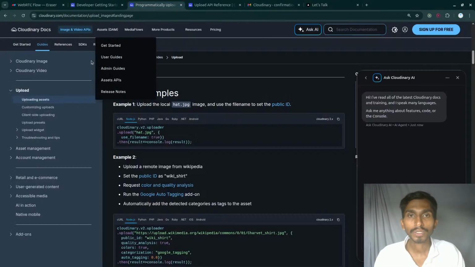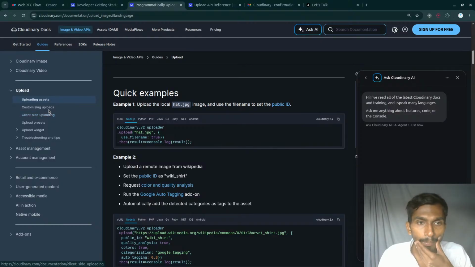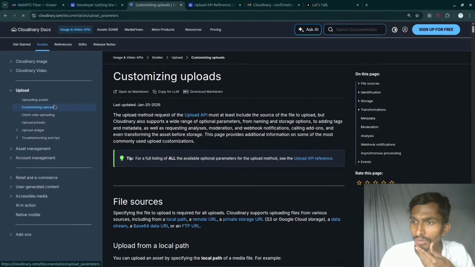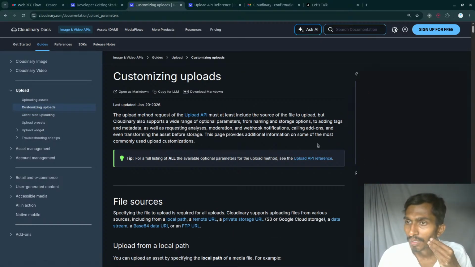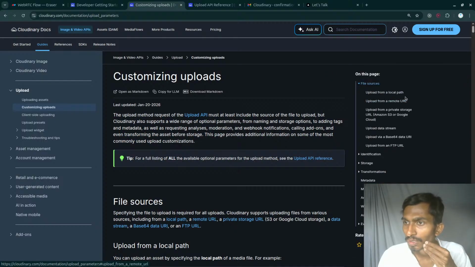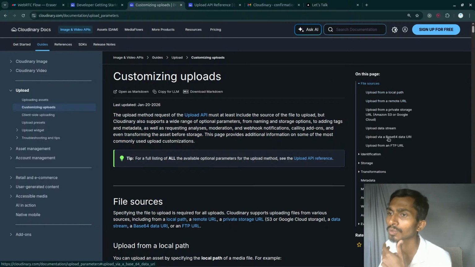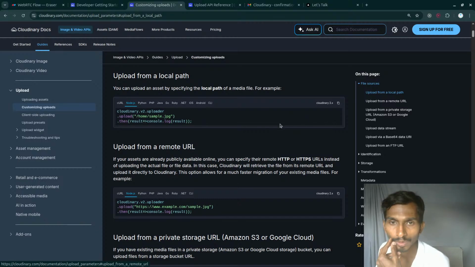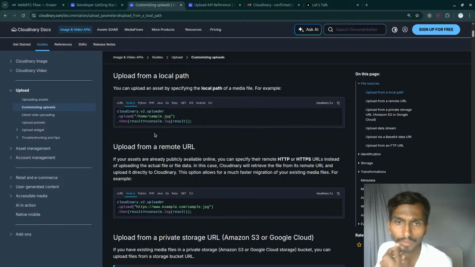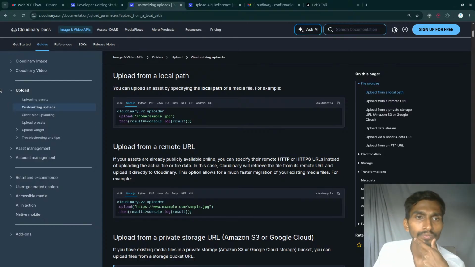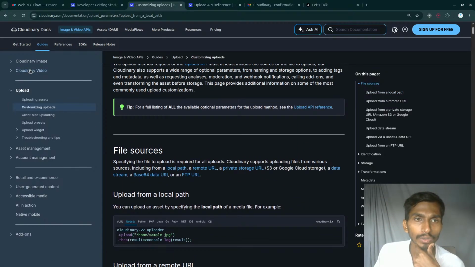Let's go to Cloudinary and uploads, customize uploads, and file resources. Come on, I should be getting it. Close this. File resources: upload from local path, upload from remote URL, upload from a private storage, upload data stream. So I'm uploading from the local, and Cloudinary v2 upload sample.jpg. So how can I upload the video? So if I click on this